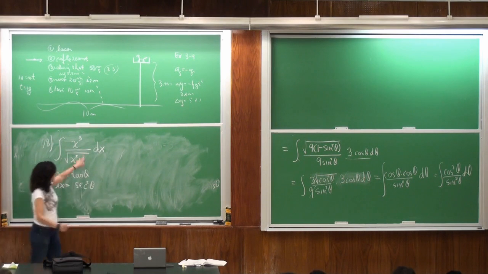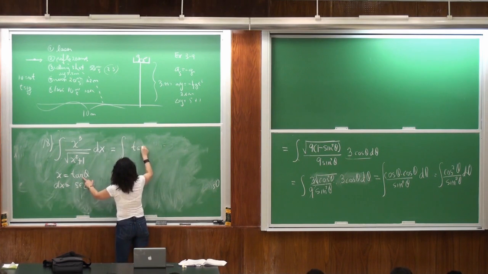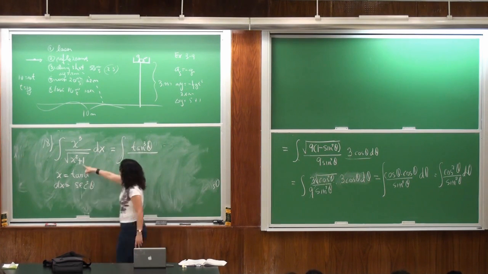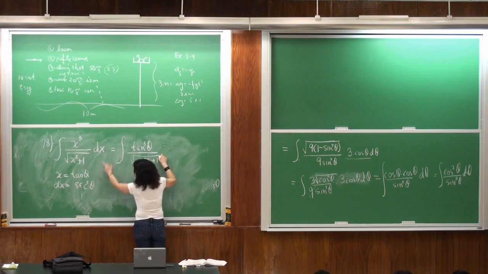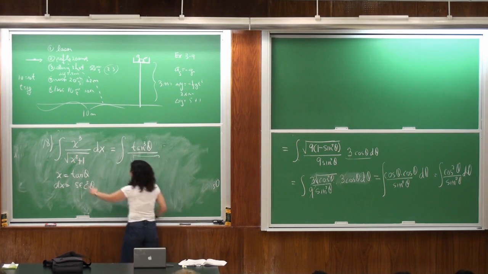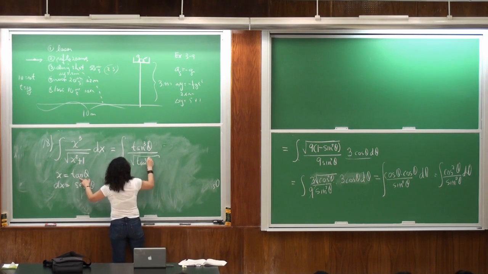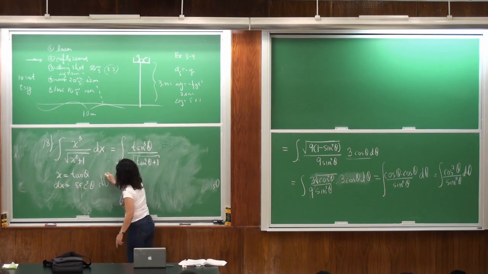Alright, so now I go here, and then I want to change. My x is going to become tangent theta, and I'm not going to worry about that now. Now, over here, I'm just going to put the integral over the square root of secant squared theta plus 1. And my dx, what am I doing? Tangent squared of theta plus 1, and over here I have secant squared theta.